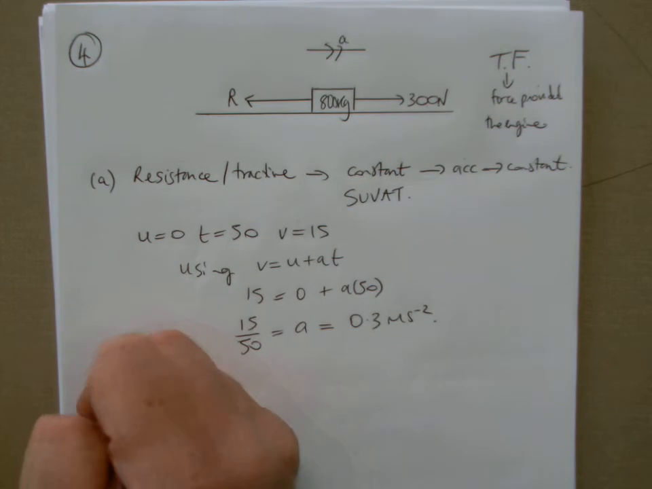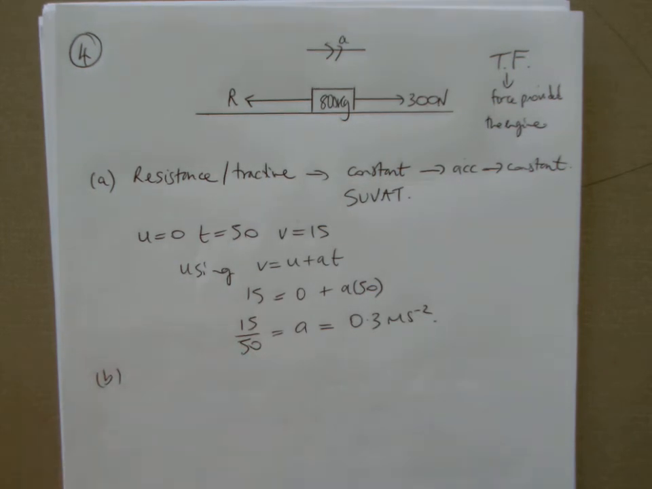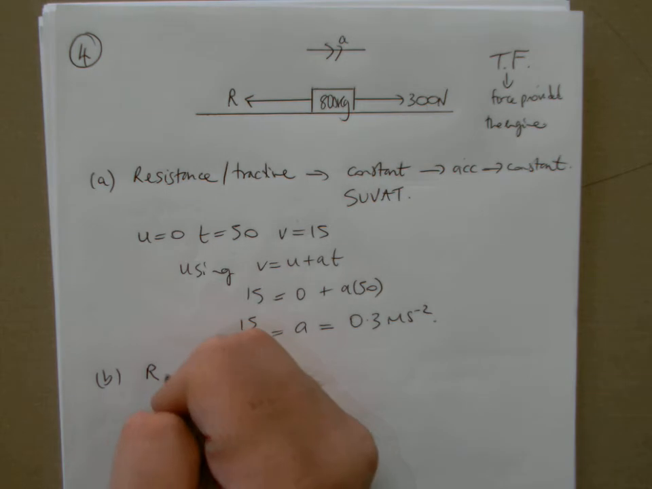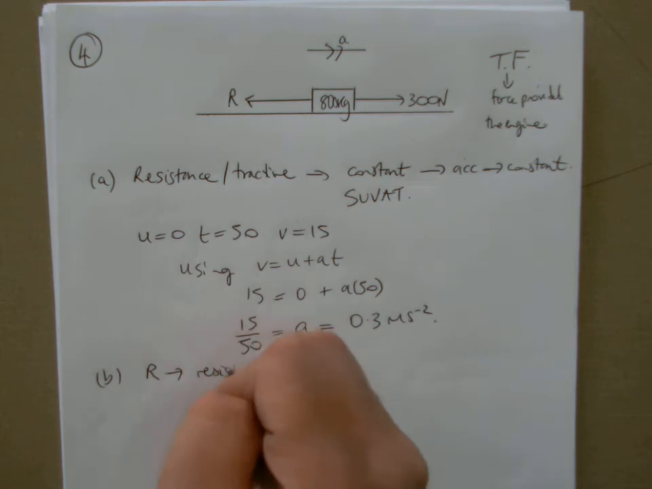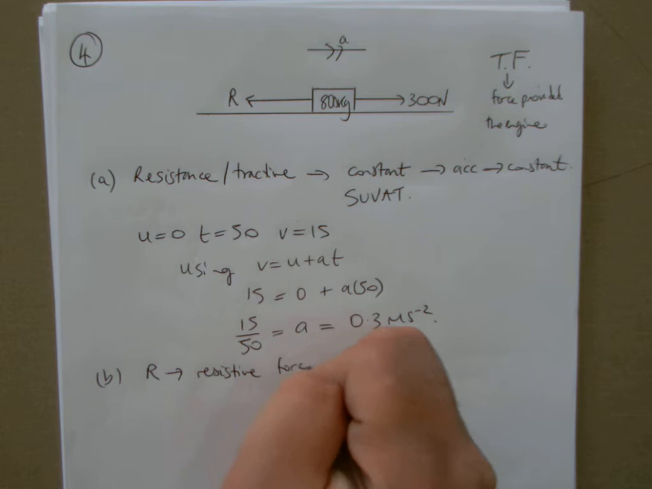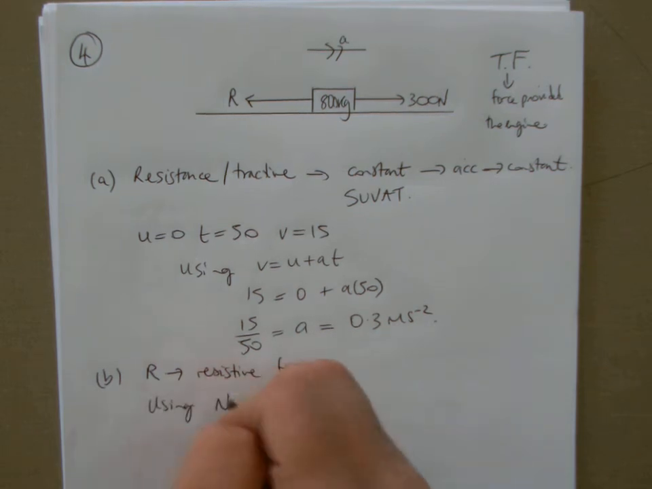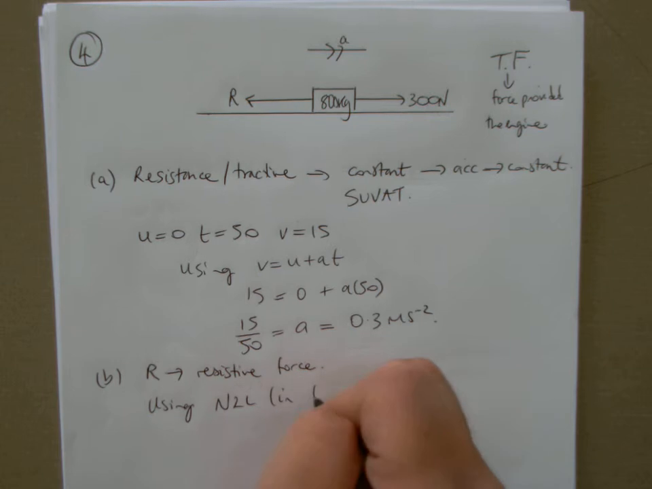Part B then, it says calculate the magnitude of the constant resistance to motion. The constant resistance to motion I called R, and that's what I want to work out. So to work out R, a force, we need to use Newton's second law. So using Newton's second law in the direction of motion,